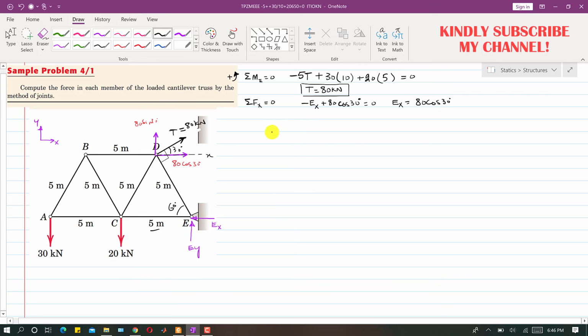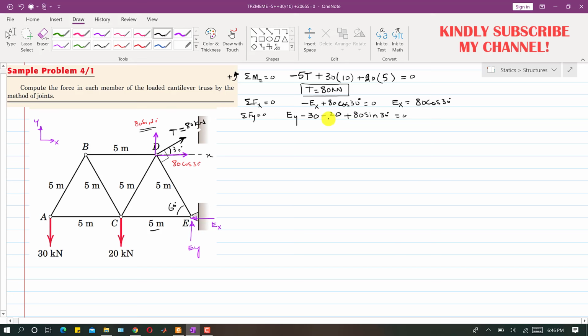And similarly, if we apply the summation of forces along the y-axis equal to 0. So now we have this component in the positive y, this component in the negative, this component in the negative, and this Ey is in the positive y direction. So I will write Ey, which is in the positive y, then I will subtract this 30 kilonewton, it is in the negative y, so I will subtract it, so this will be 30, and then we will subtract this one as well, so this will be minus 20, and then this one is in the positive y direction, and this one is 80 sine of 30, so I will write plus 80 sine of 30 degrees equals 0,